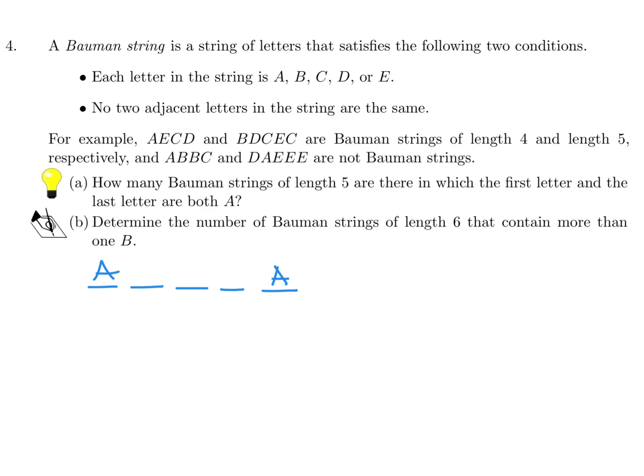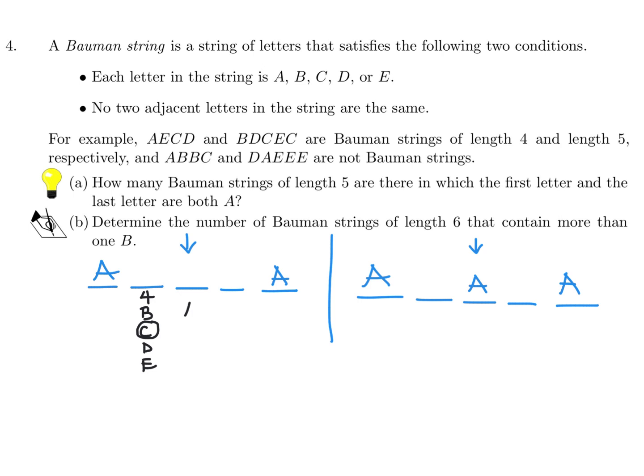Okay. All right, so I think we've got to look at this from two possible categories. The first is where this is not an A, and the second is when that is an A. Okay, let's look at the first one. This could be B, C, D, or E. So we've got 4 choices there, I believe. Let's just say it's C. That means this could be, well,